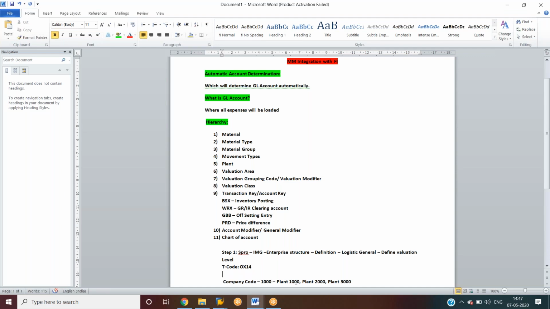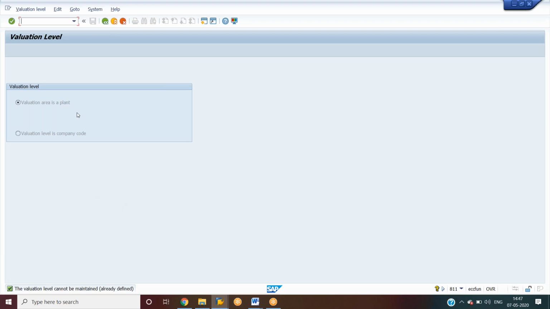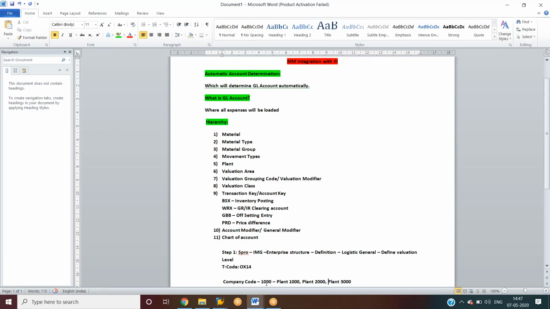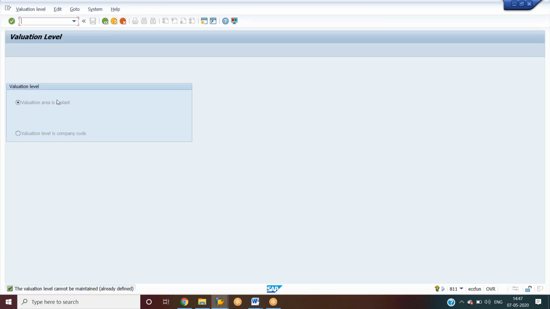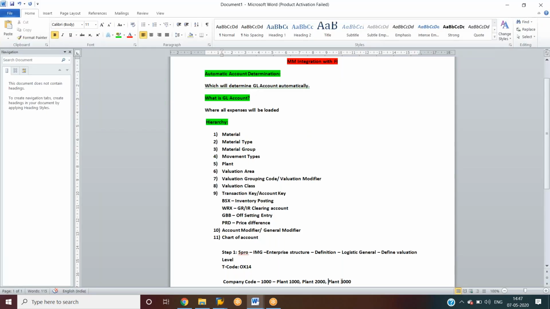So we have company code 1000, and under that 3 plants. If we maintain the valuation area at plant level, the value will differ from plant to plant, and the valuation of the material will be maintained individually at the plant level.